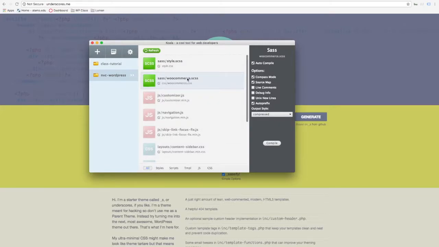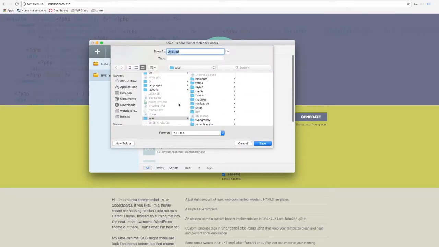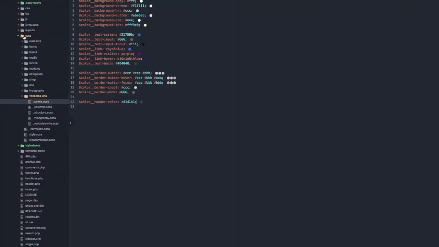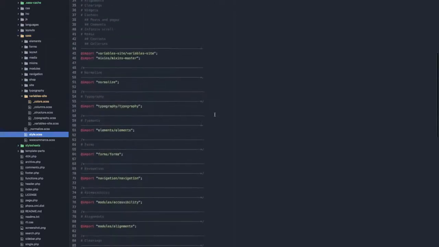You need to tell Koala what to do with that file as well. So we want to uncheck these two options, auto compile and auto prefix, and we want to set the output path, to tell Koala where to save that. For WooCommerce we want to stay in that same Sass folder right here. So we are inside the Sass folder, and there is a WooCommerce SCSS, and the reason for that is because style.css